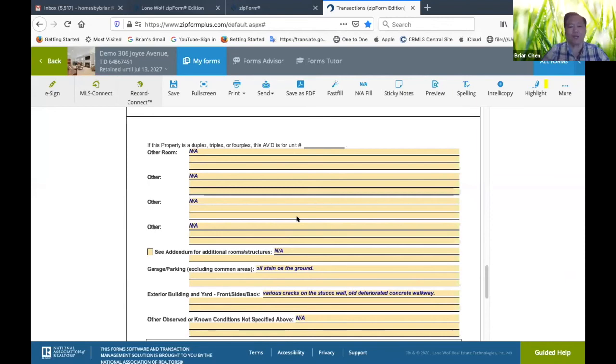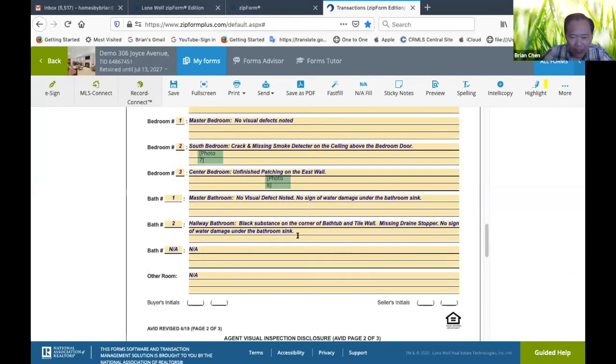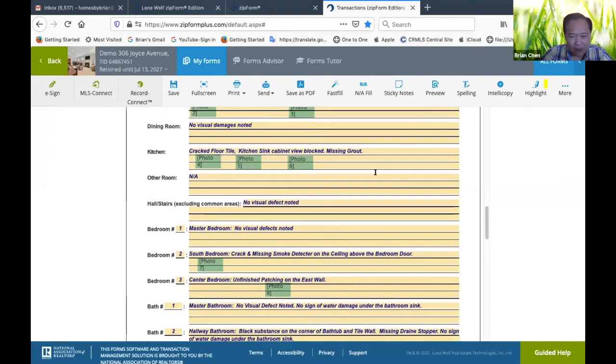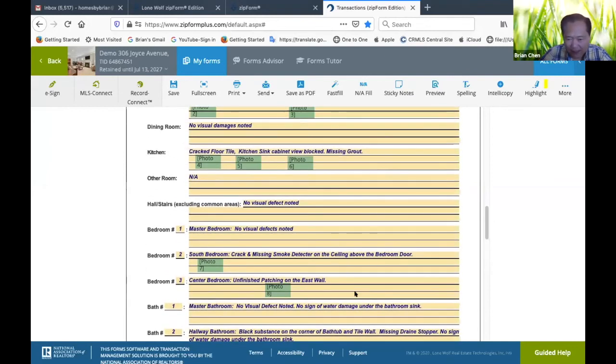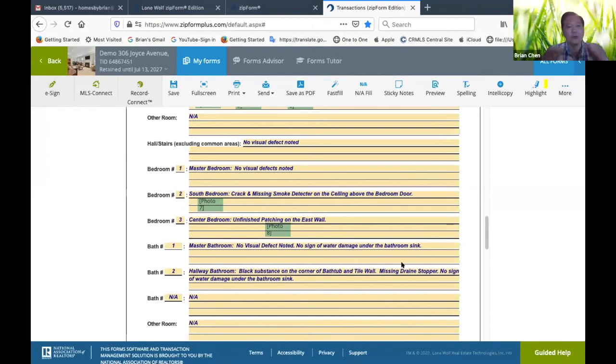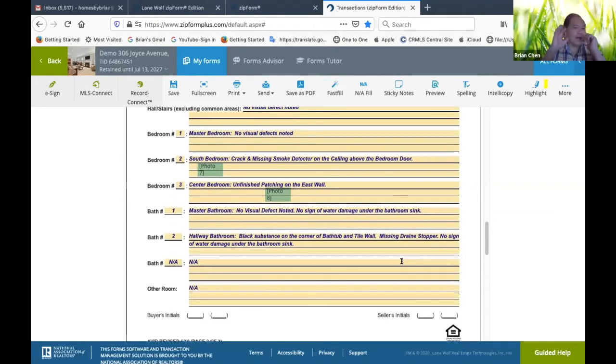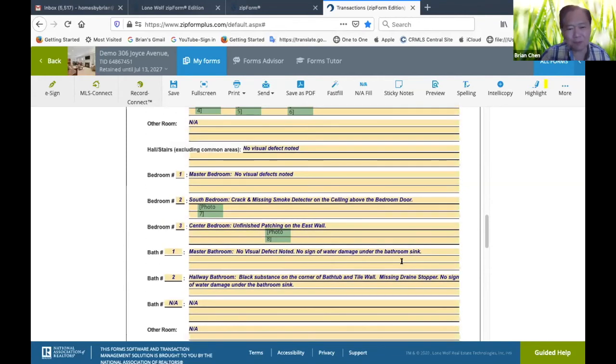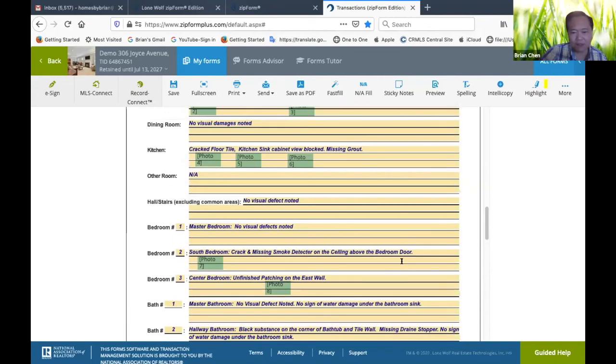If you do this the way I do it, whenever there's a sink, you make a note: hey, I did open the cabinet, there's no visual damage. Or if I open the cabinet, I cannot see because it's all blocked. You're doing your job. So many times people just leave it blank, say nothing noted, nothing noted, or sometimes even just cross lines. Or, you know, you are leaving yourself open to